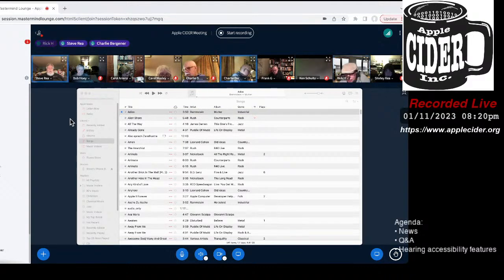Use another MP3 player. You could use QuickTime. You can use Quick Look on the desktop. You could use VLC. There's a bunch of other MP3 players. Okay, so use a third-party app and just keep my music in some folder somewhere on my computer. Yeah, or you could use an Apple app. You can use QuickTime or Quick Look to play MP3s. Or even the Get Info window will play an MP3.